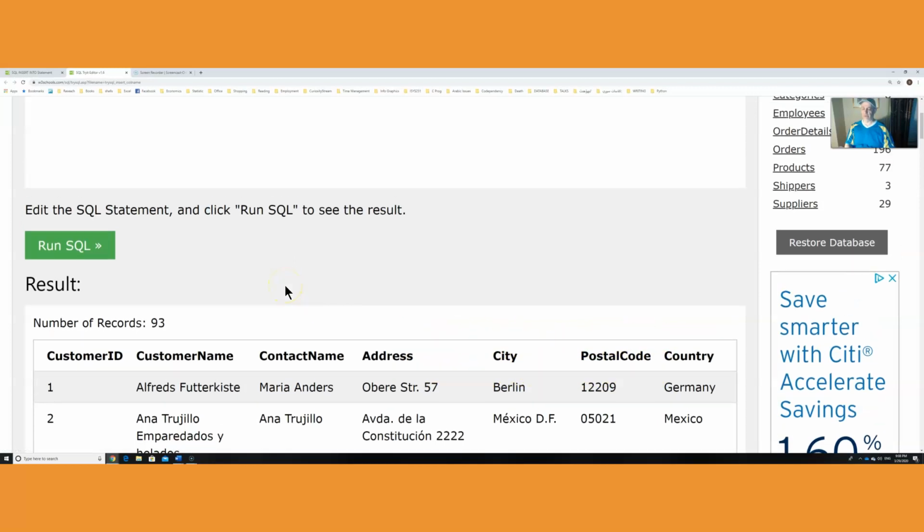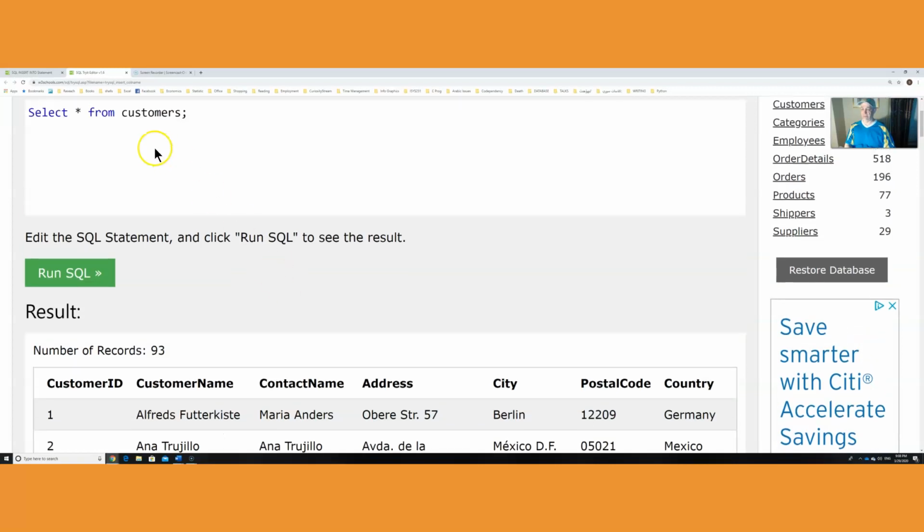Let's assume that we're going to insert another record fully. Since it is a full record and we're not missing any pieces of data or fields here, I could say insert into, of course, customers. And I'm going to slow down so I don't misspell words here. And we're going to say here values. I don't have to mention the name of the fields because it's going to cover all of them. The customer ID is going to be 94. The customer name, let's say here, Ty, and the contact name,